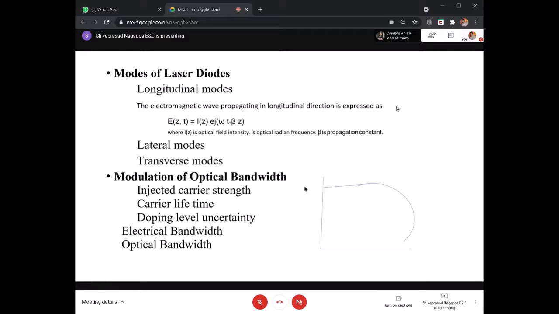If you take, for example, the curve, it will be just like a low pass: initially it will be flat, and later on it will decrease like this. So you will take 0.707 times this, and this will be your electrical bandwidth. Whereas your optical bandwidth will be 0.5 times this, so it will be below this. This modulation of optical bandwidth depends upon